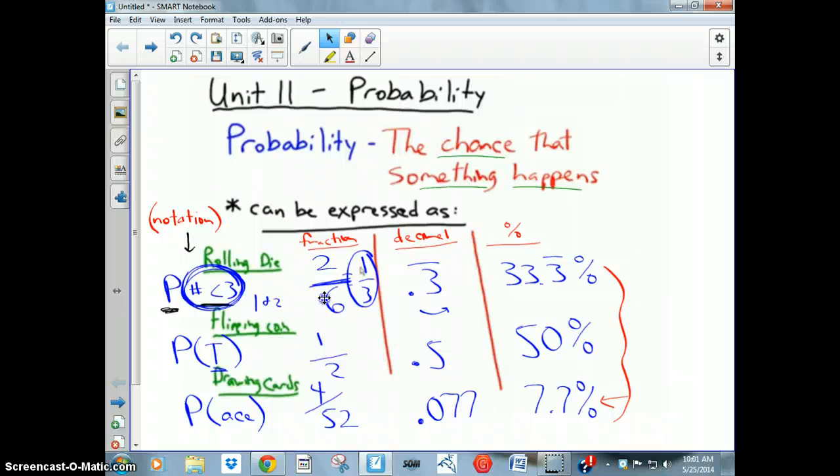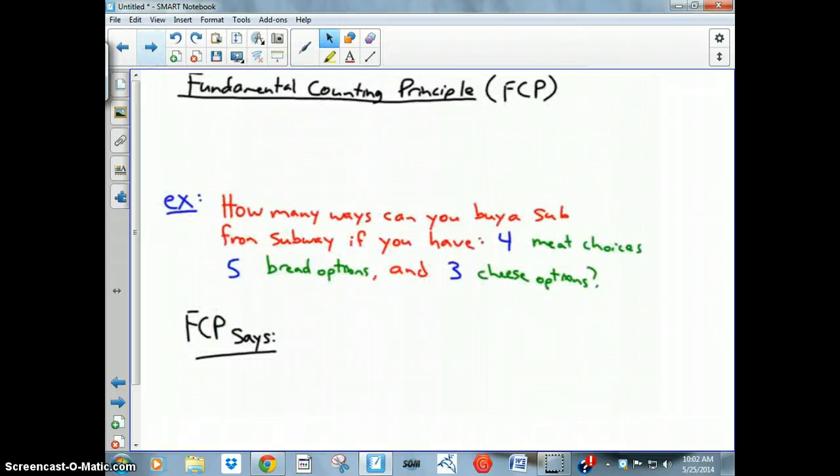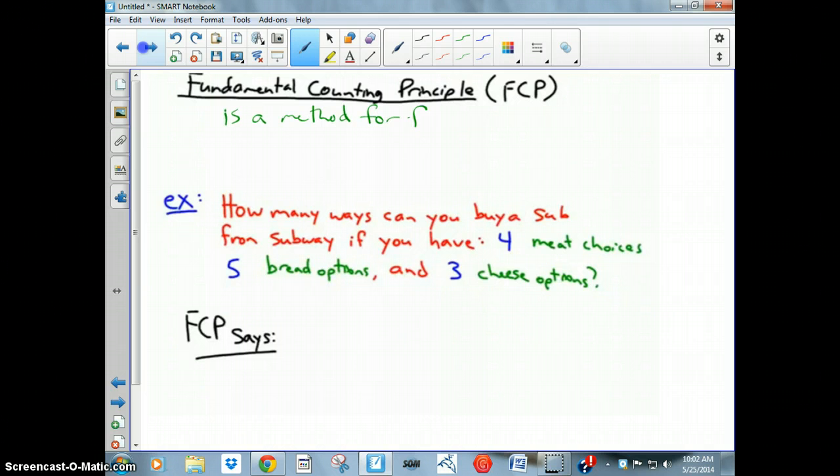That's probability, the probability basics. Now, we're going to talk about finding this bottom number right here. There are 3 ways that you can find the bottom number. First way is called the fundamental counting principle, FCP, which is what I'm going to call it from now on. FCP is a method for finding